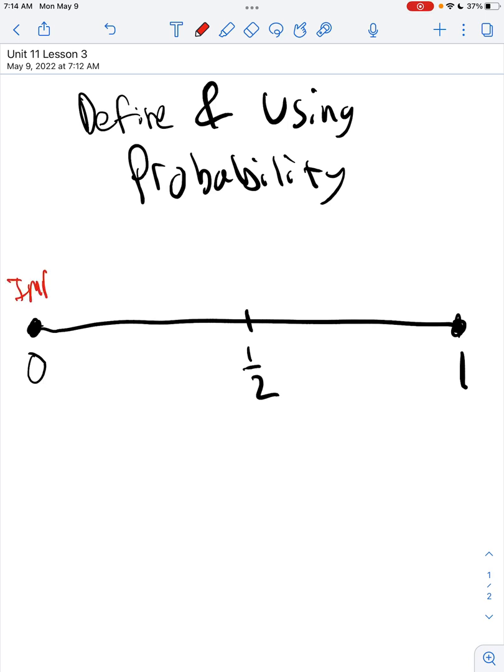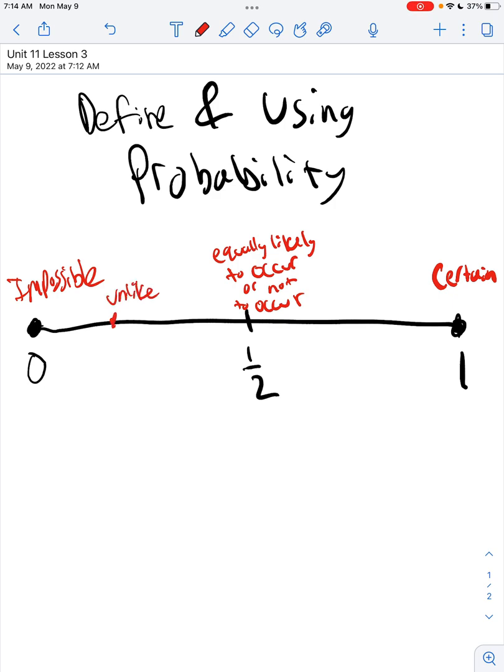Again, if it's at 0, this is impossible. It cannot happen. Whereas if it's at 1, you are certain. You're 100% positive that it's going to happen. If it's 1/2, it's equally likely to occur or not to occur. And then if you think about the ranges, this would be an unlikely probability. It's still possible, whereas something that's much closer to 1 would be much more